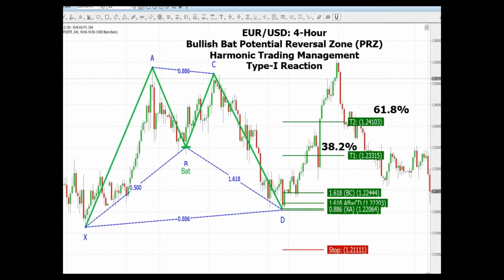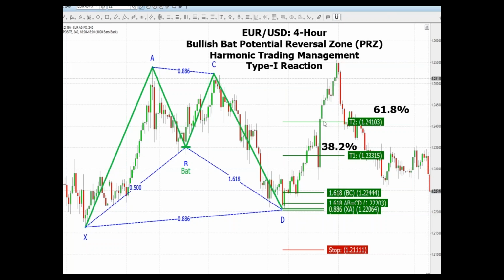Now going back to our Euro USD example in the 4-hour chart, here's the bullish bat on the type 1. That's a type 1 reaction. Look, it goes to the 382, a little consolidation here, but then blasts through the 618. Down here, as the terminal bar is completing, we know that at a minimum that 382 is our target here for about 120, 115 pips. You're down here at that 886. You already know that 123.30 is your general level, or at or just above, with as high as about 124.10